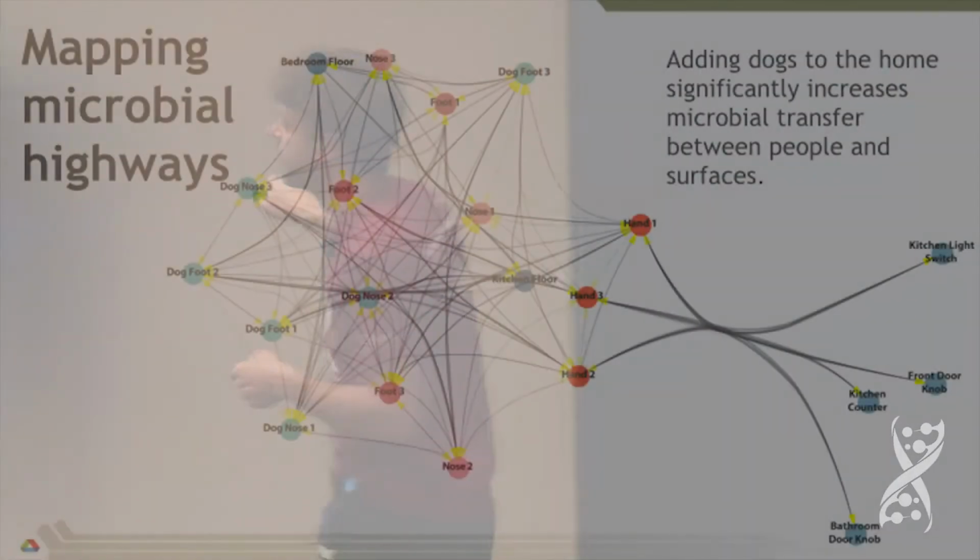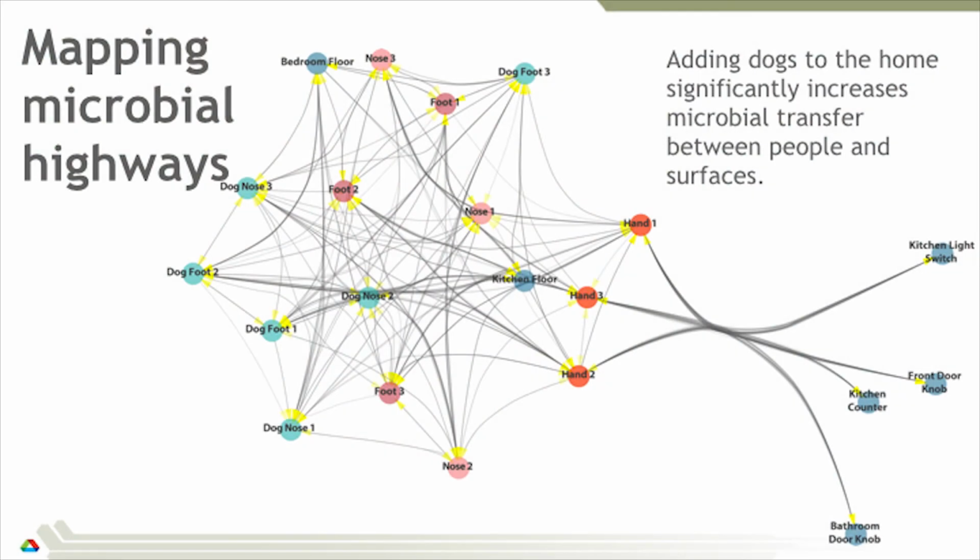We can also see what happens when you add dogs into the situation. Dogs act as a microbial supercharged conduit. They basically run around and lick everybody, and then are very promiscuous in their sharing. One of Rob Knight's studies showed that the microbiome of couples living with a dog was more similar if they owned the dog than couples that didn't own dogs. So if you own a dog, that dog's sharing the microbiome between you two.